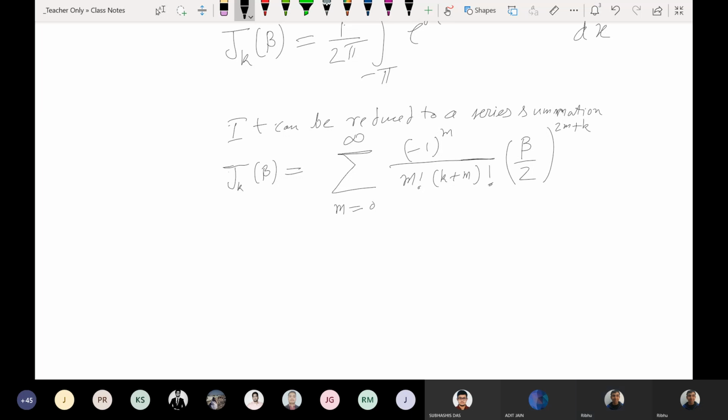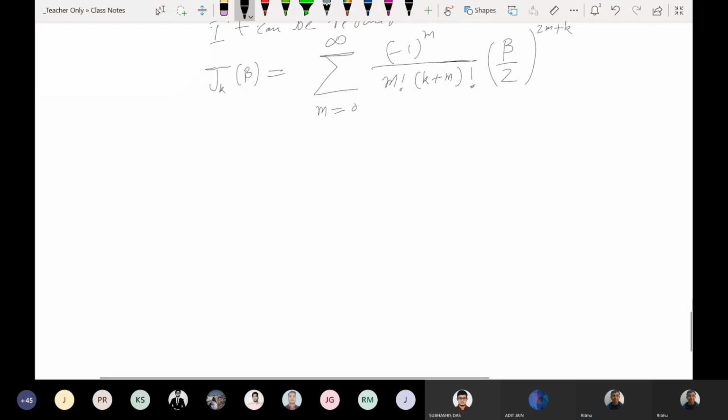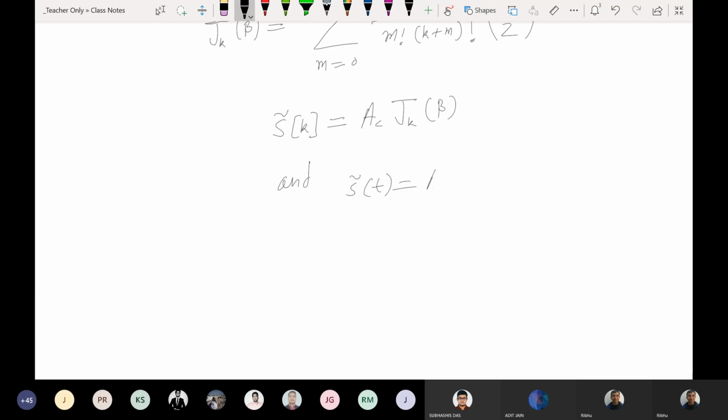And so therefore S tilde of k equals AC Jk of beta, and S tilde of t equals AC summation k goes from minus infinity to infinity Jk of beta e to the power j 2 pi k fm t. So what this whole exercise tells us,